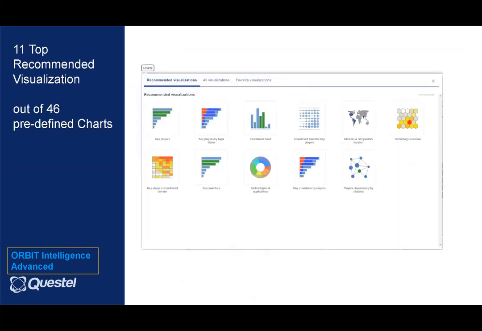Then, apart from the charts which I've shown on the dashboard, there are some 11 top recommended visualizations which will be available at your end, where you can directly create the charts, even if it is a bar graph, a horizontal